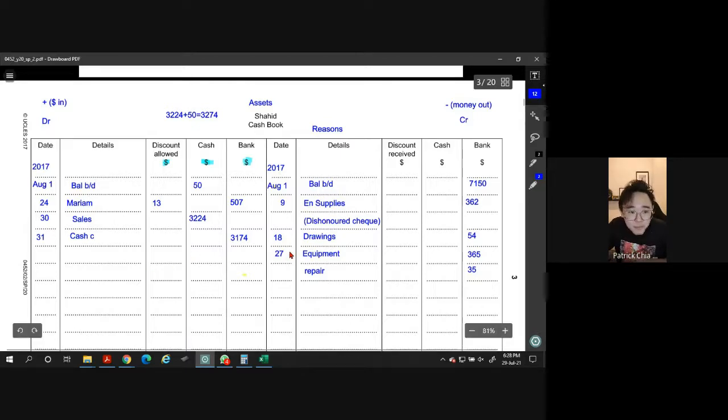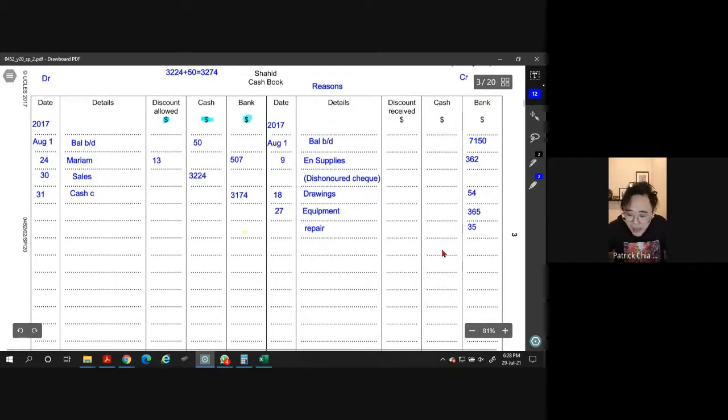Now we do money out. So money out, same thing, also 3174. Which account? Is it cash account or bank account money out? Okay, so this time money out is by cash. Our cash is going to the bank, right? So 3174, put under cash there. Can see? And then what do I put for details? Where is the money going to? What's the reason? Money going to the bank account. And then you put symbol C, which stands for contra. Understand? Like this, huh?